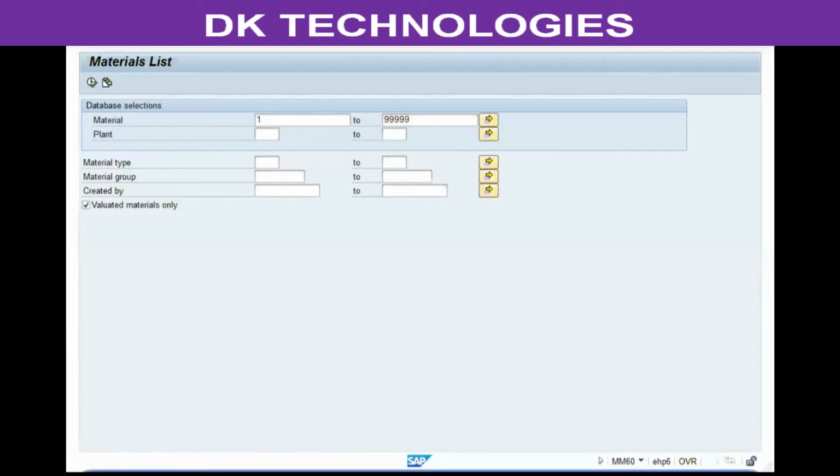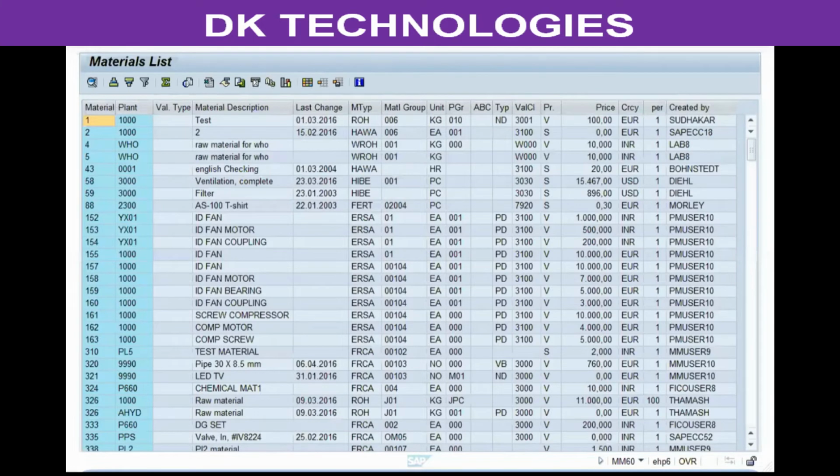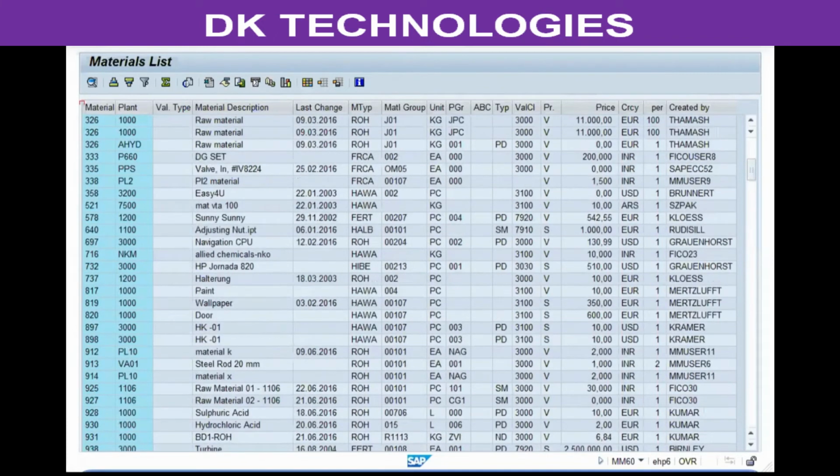The system will display the material number as the actual number. Like this, the material number will be displayed as the actual number. But when you complete that configuration